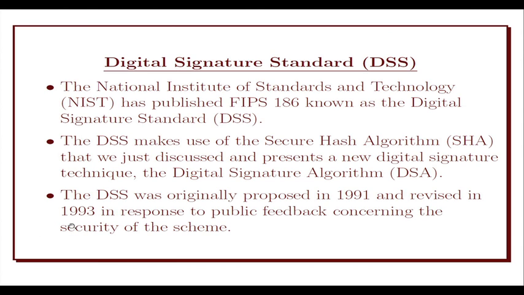This is a standard made in 1993 for digital signatures, and as I said, it uses the secured hash algorithm for the digest, for compression, because our message could be long enough. So we have to make it small, and then it uses the digital signature algorithm, which we will discuss,